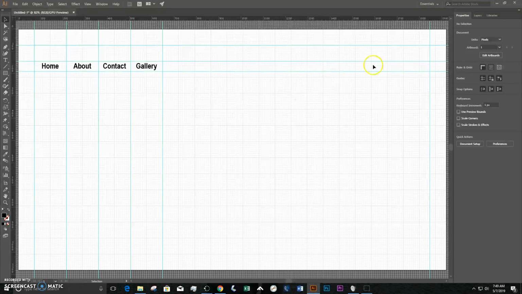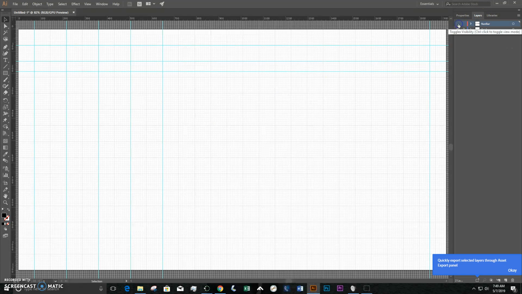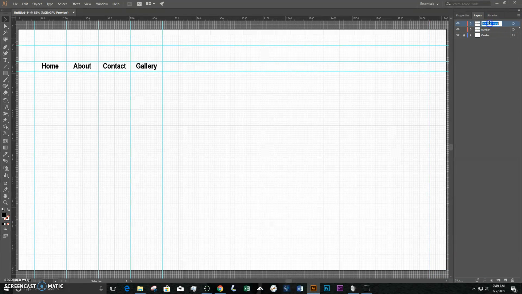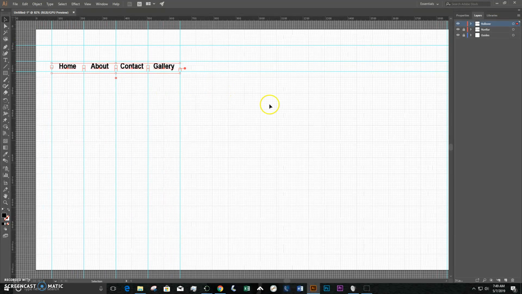Okay, so now that I've got my nav bar set up, and this is all on a layer by itself, what I'm going to do is I'm going to select nav bar, go over here, I'm going to duplicate nav bar, and I'm going to call this rollover. Now I've got two layers that are identical, one on top of the other. I'm going to lock nav bar, select everything on the rollover layer, click and drag over it however you like,